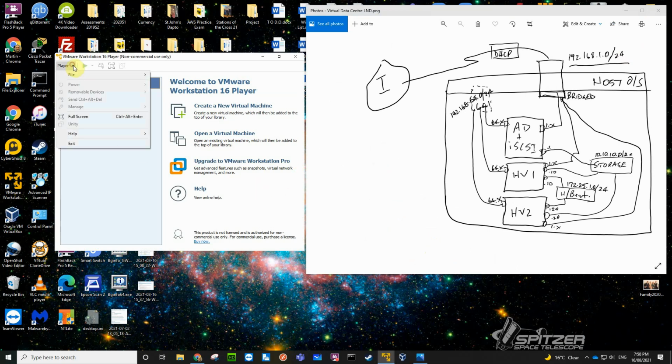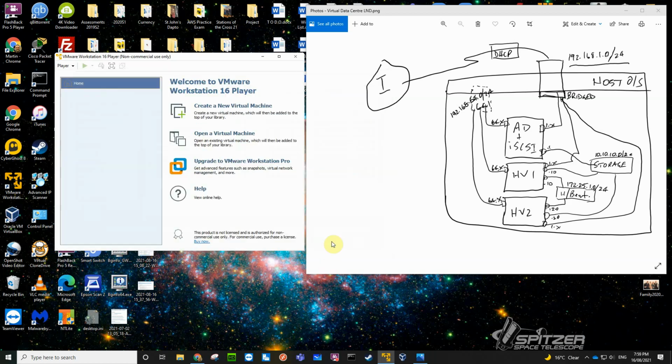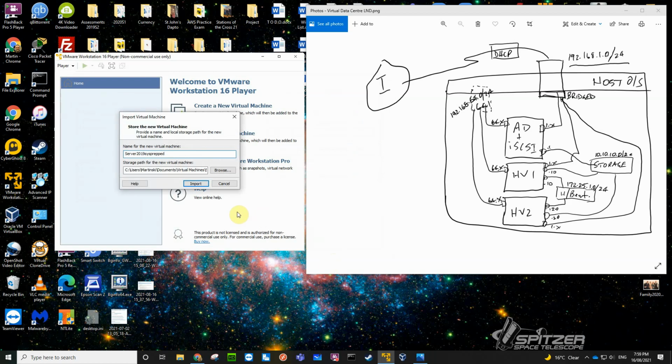So on Player, File, let's open a new one. I've gone to the OneDrive VM resources AVA files, they're the appliances. I'm going to use the 2019 sysprep, and I'm going to import it. This is going to be the Active Directory server, so I'm just going to call it PDC, for primary domain controller. Where it goes,